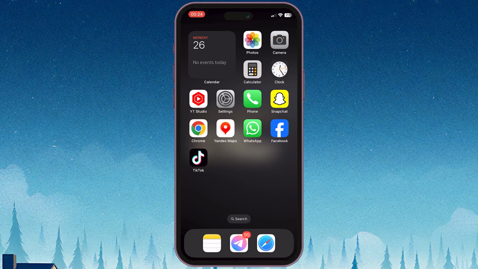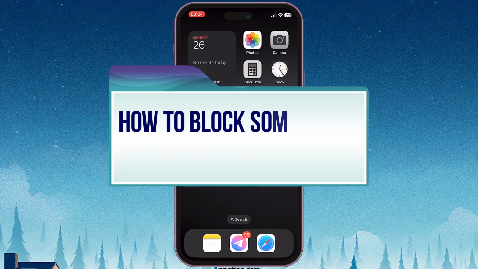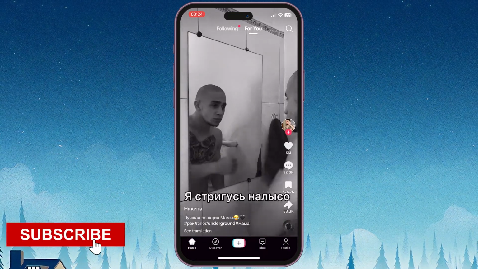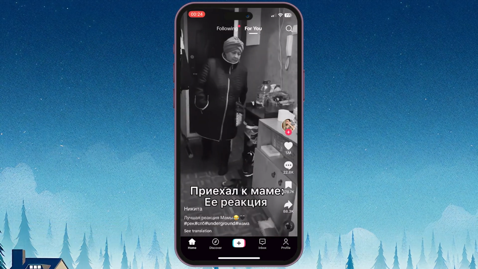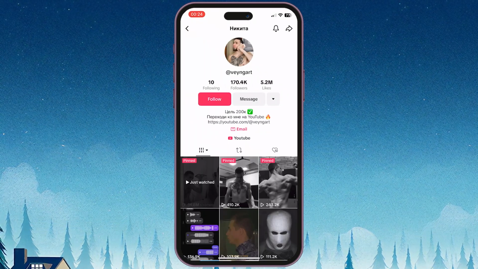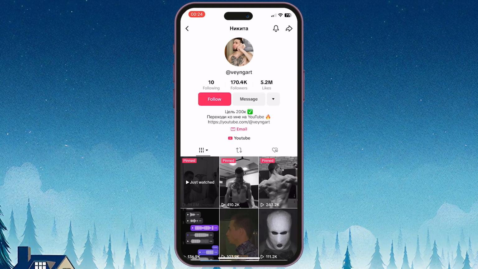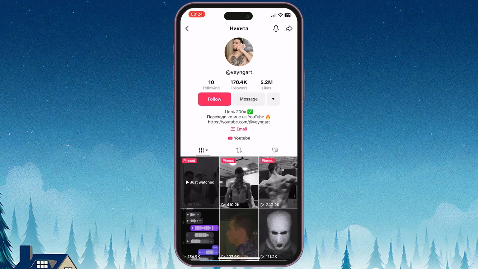In this tutorial, I will guide you on how to block someone on TikTok easily. Open the TikTok app on your device, navigate to the profile of the user you want to block. You can do this by searching for the username or tapping on the profile picture, wherever you see it on